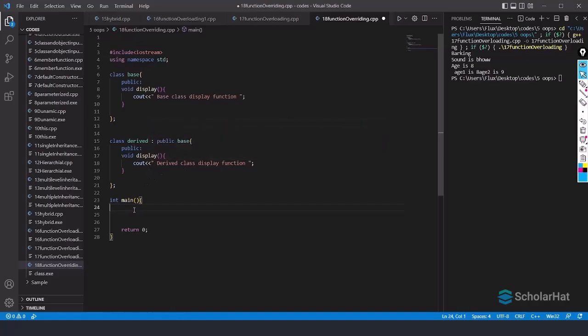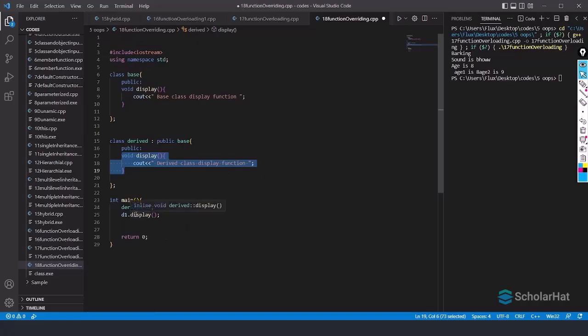We're also going to see how to print the base class display function. Then I write Derived as the class name, and I'll create an object, let's say d1. So d1.display, when I write, it is going to call this function. But we know this child class has two display functions. The base display function is internally hidden inside this derived class, and this display function is there.